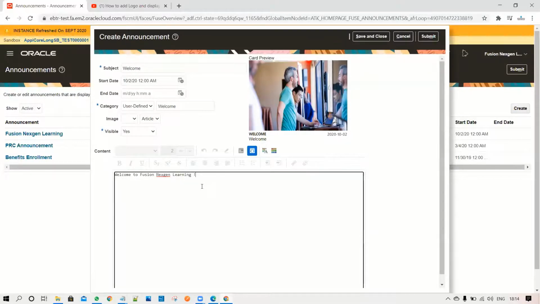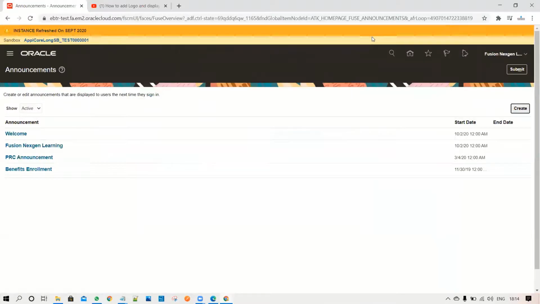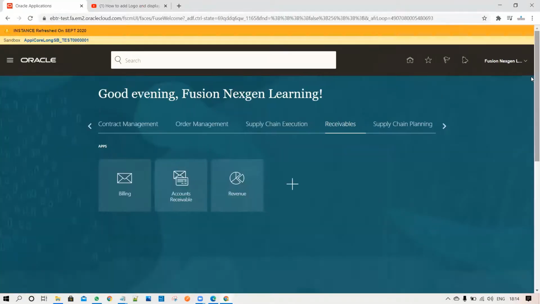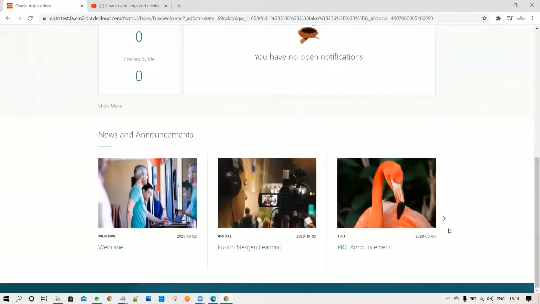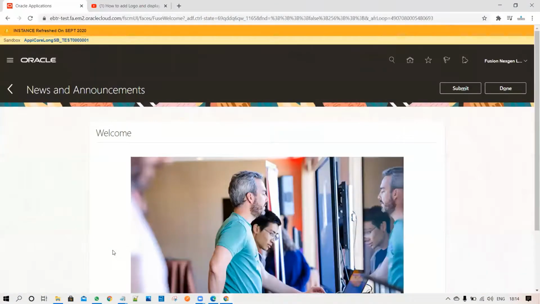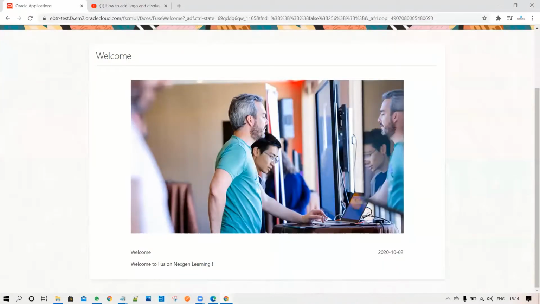So like that, you can add a message from the corporate or from the HR side, and then save and close. Once you are done with that, go to the home page, and you can see it will be available for all the users. So you can see welcome. Once the user clicks on the message, they can see the message, whether it's a public holiday or from the HR side, any announcement, any festival message they can publish.